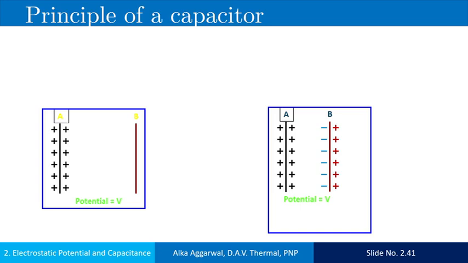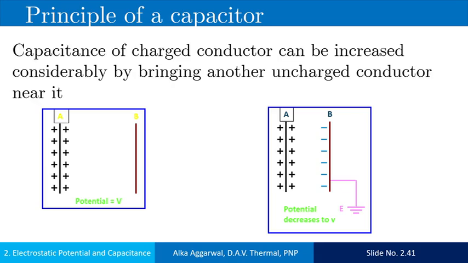If farther side of the B is grounded, the positive charge on B gets neutralized and B is left only with negative charges. As a result, the net potential of the system decreases. Thus, more charge can be given to plate A to increase its potential to the same value as it has initially. Thus, the capacitance or the capacity of storing the charge on A increases, and this system of two plates is